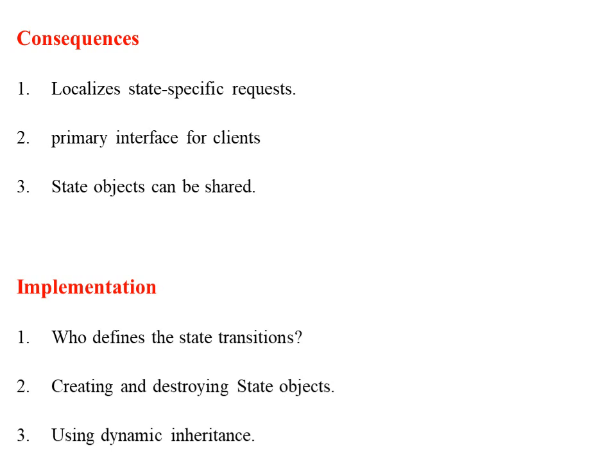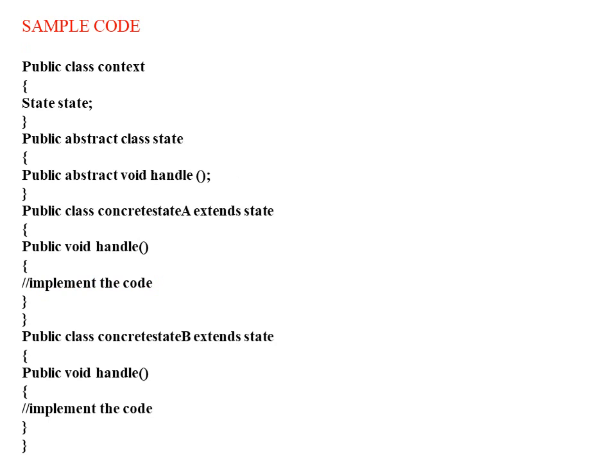Next, coming to the next template. Next template is sample code. So this is the sample code for state pattern. So here we are taking the main public class as a context and object as a state object, like any object, creating object or destroying object, whatever it may be. I am taking here the object as a state object.